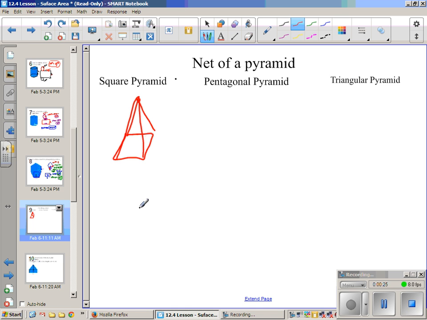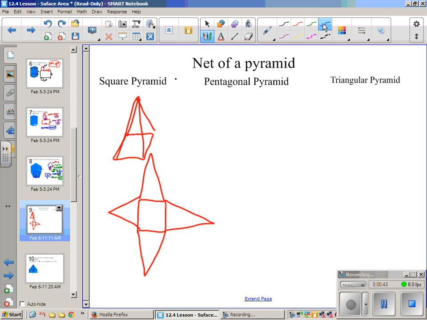the faces are now triangles. So how I draw a net of a pyramid is I draw my base, which is a square, and then off each one of those you're going to have a triangular face. So it's going to kind of look like a star. So that's the net of a square pyramid. Now I want you to pause the video and see if you can draw the net of a pentagonal pyramid